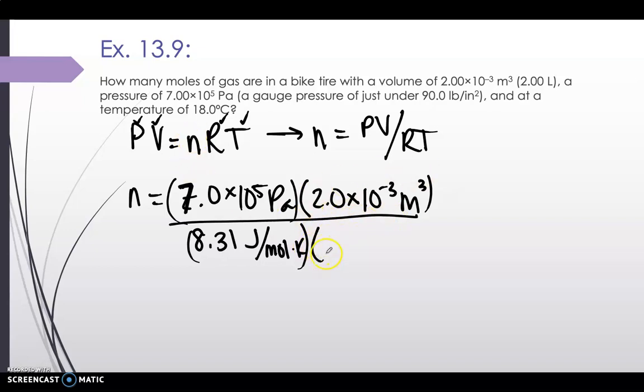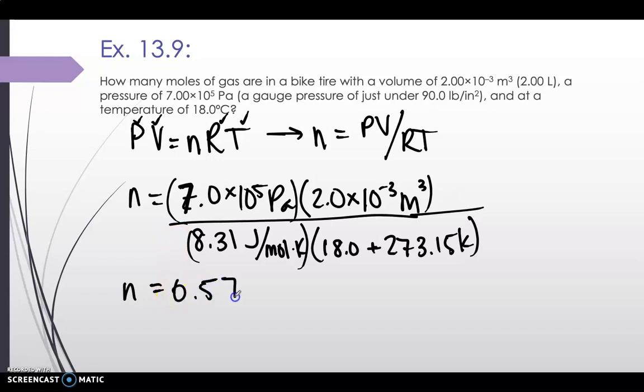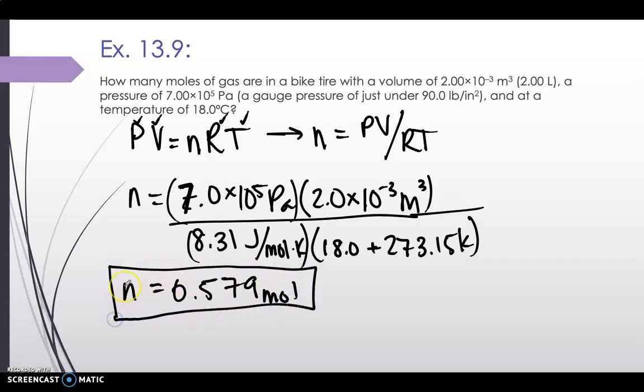And our temperature is 18 degrees Celsius plus our conversion here. Once we plug that into our calculator, we get our number of moles is 0.579 moles. We'll go ahead and continue in the